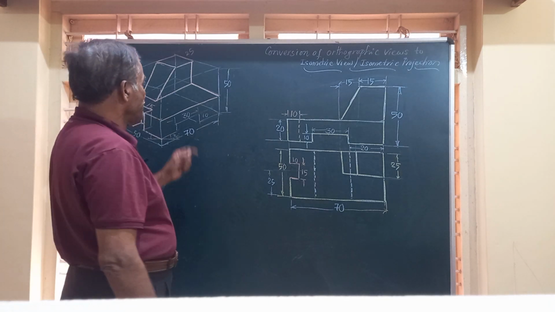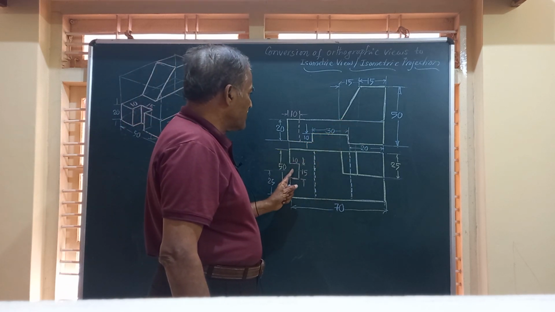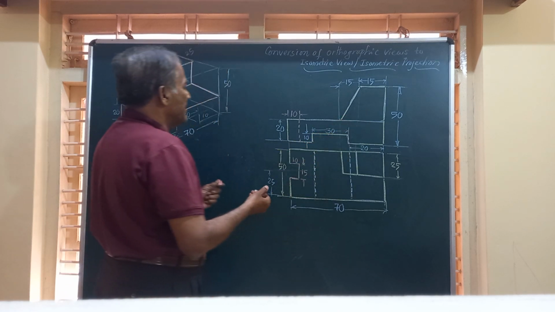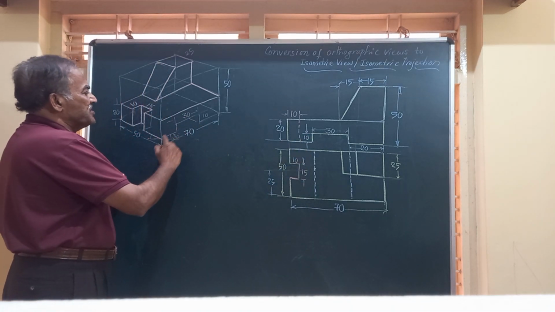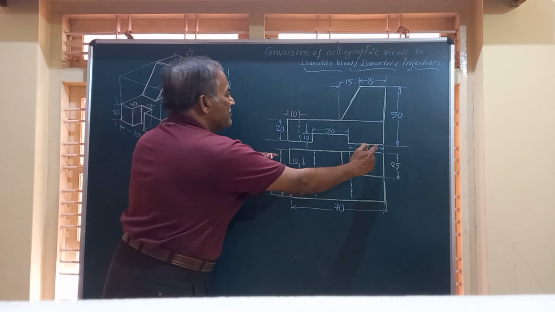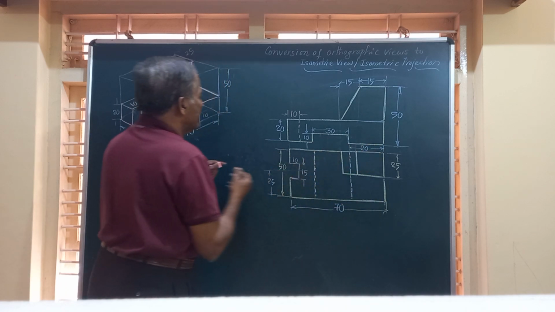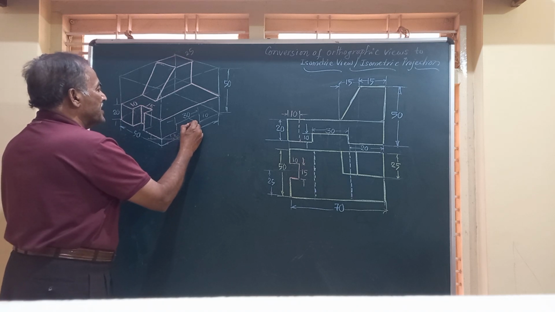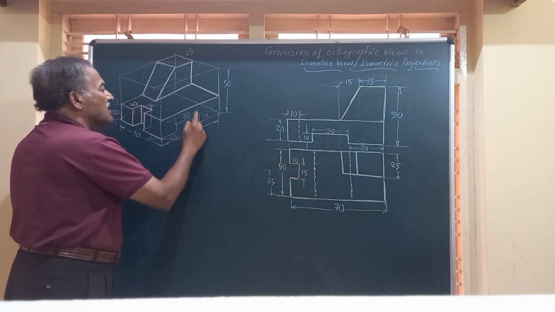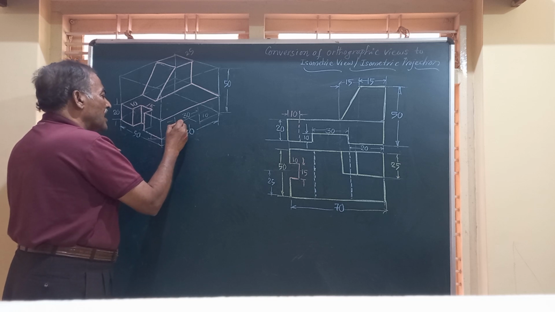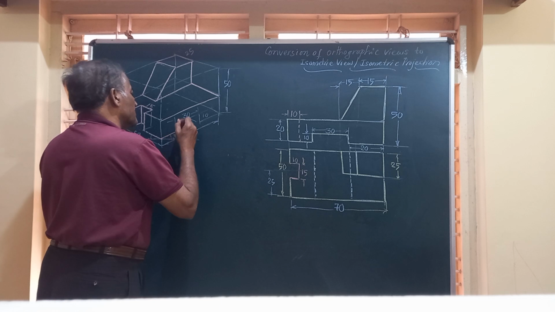Friends, we have completed this protruding part. This slot we have completed. Finally, we are left with a rectangular slot which is cut on this 70 millimeter side exactly in the center. This is exactly in the center of that. So I have located the center. Then on either side take 15, 15, and height is equal to 10, and I am going to have what is called a rectangular slot